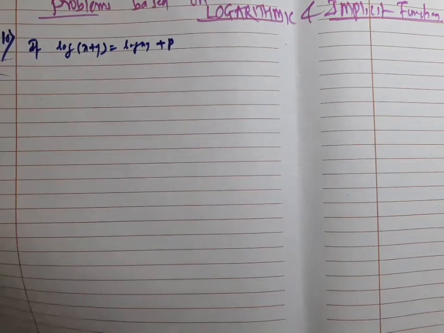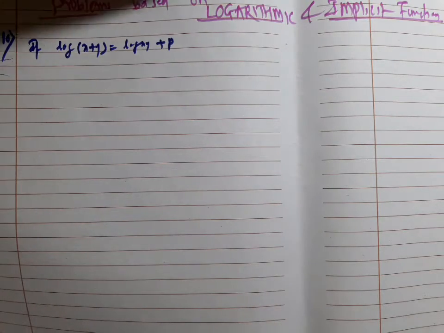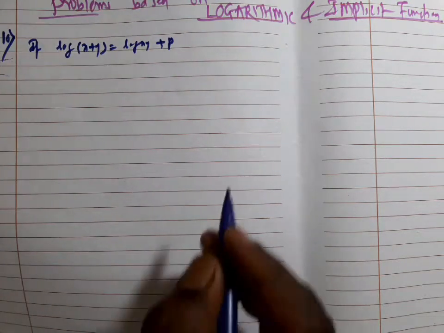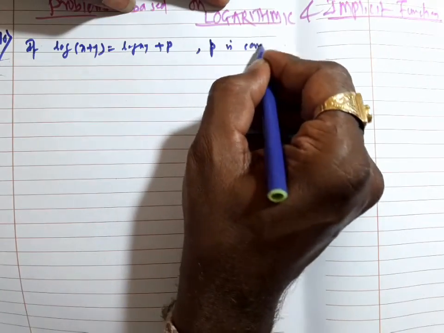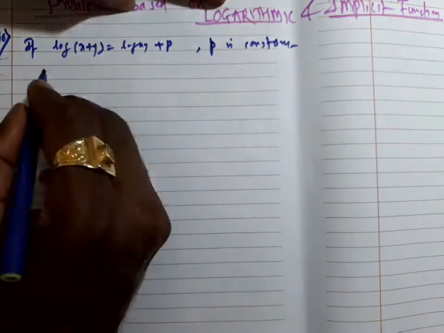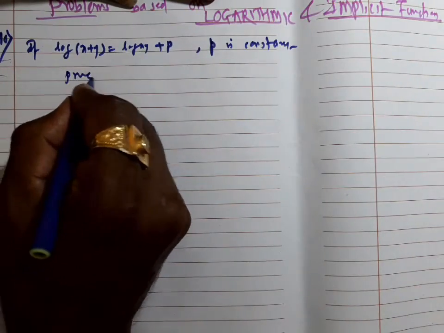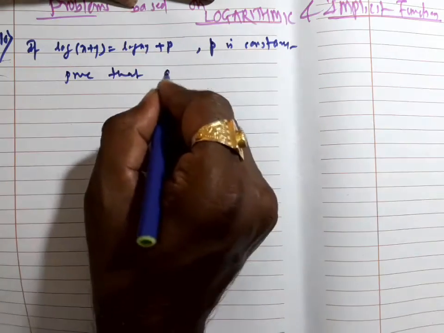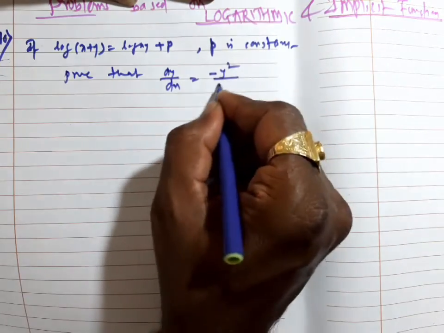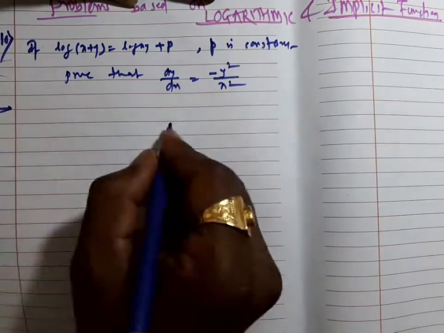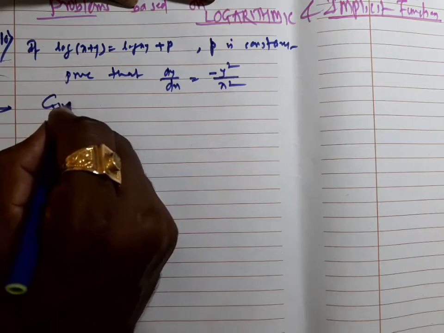Problem number 10. If log(x + y) equals log(xy) + p, where p is constant, then prove that dy/dx is equal to minus y square upon x square. Given that